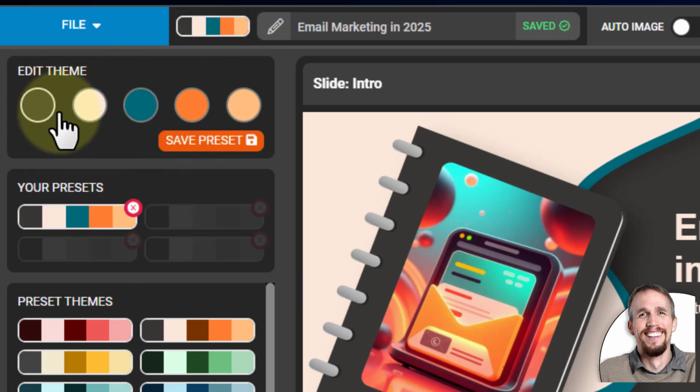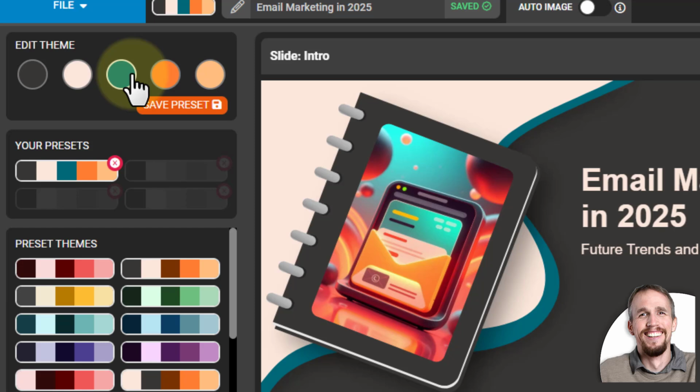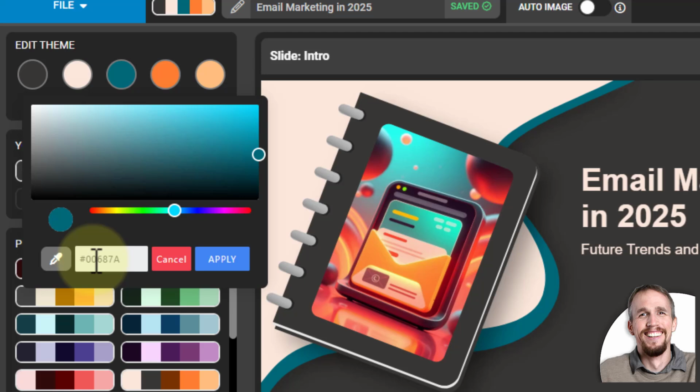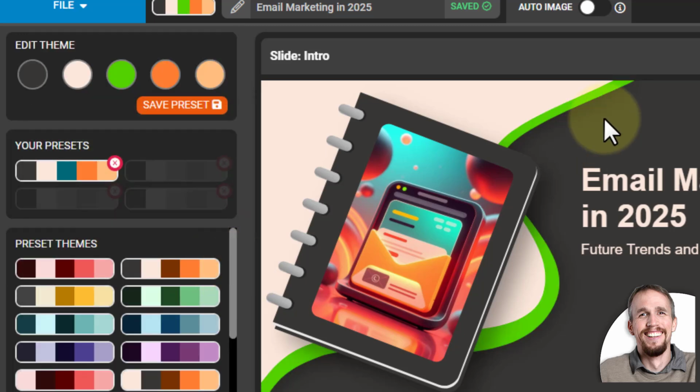I had this theme selected. This was a preset. So if I want to make a preset, if you have a company with certain colors, you can change all these to match the colors of that by just clicking on them and adding a hex number in here, or choosing a color. If you didn't want to match a company, if you just wanted to make your own favorite colors, you can do that too. And you can just select a color and click apply, and you can see that that changed